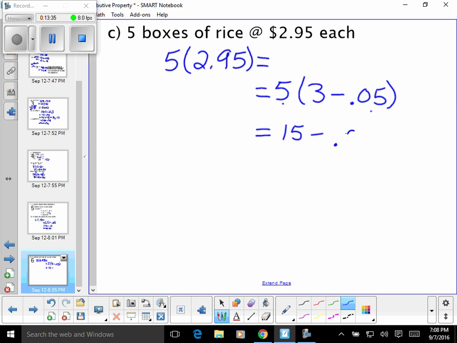Better get it right here. 25 cents. Okay, so what is 25 cents less than $15? Yes,